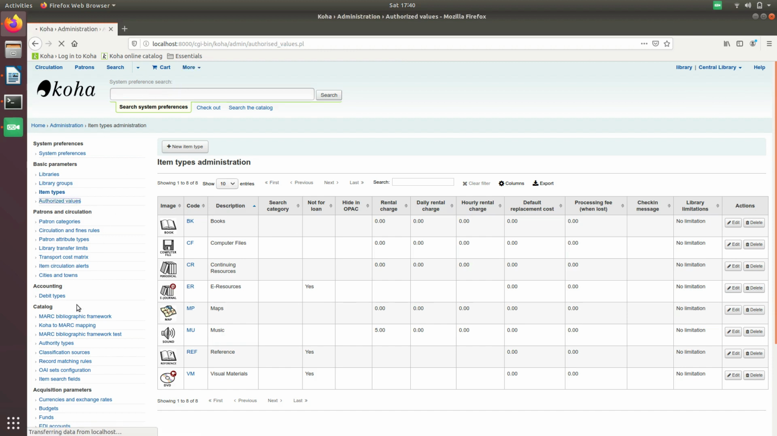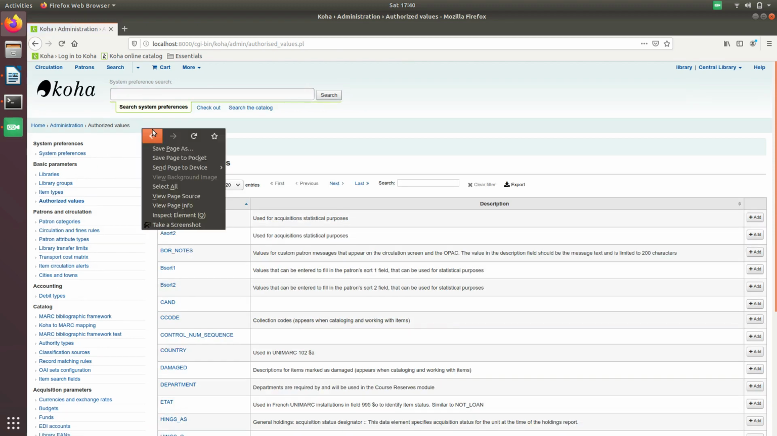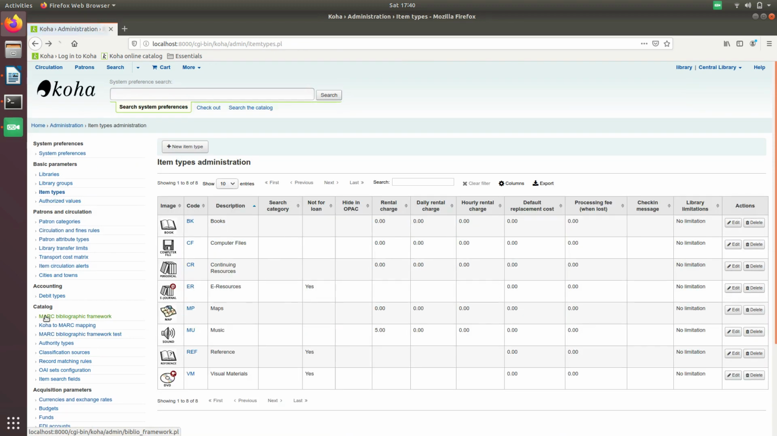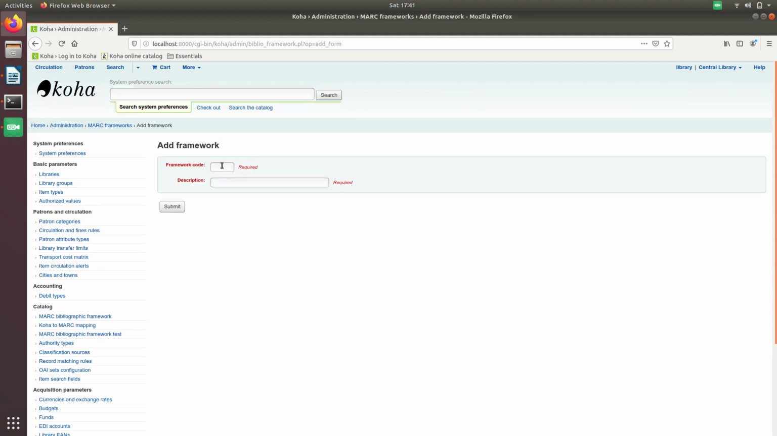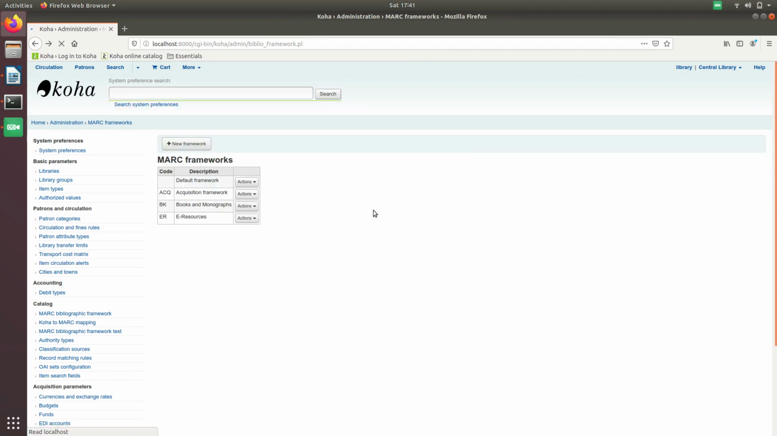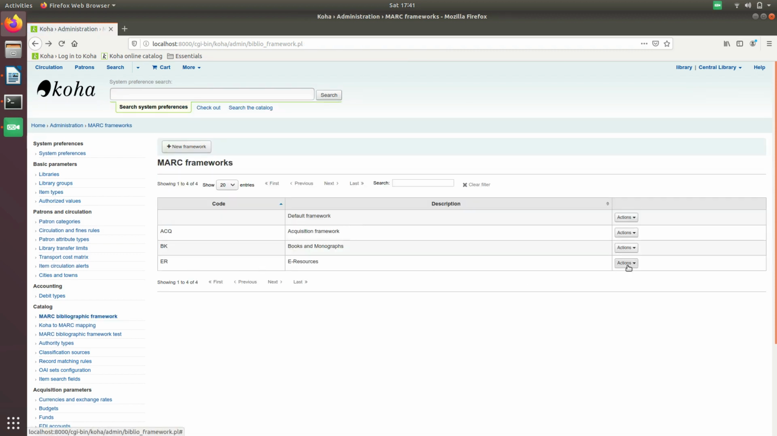For that we have to go to MARC bibliographic framework. You can directly go to catalog and MARC bibliographic framework under administration. Here also I have created an e-resources framework, but suppose you want to create one more, just simply click on new framework, give the code here, give the description, and after giving the description, remember that